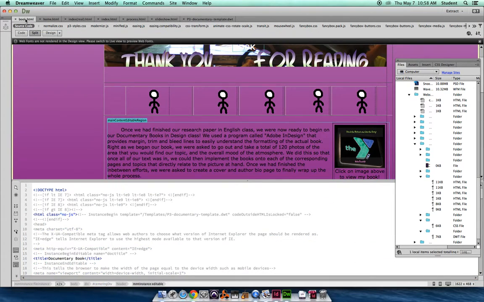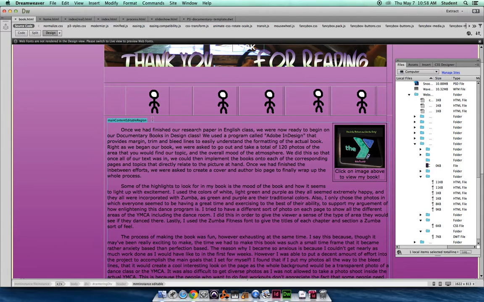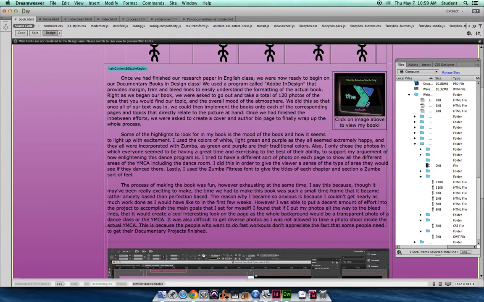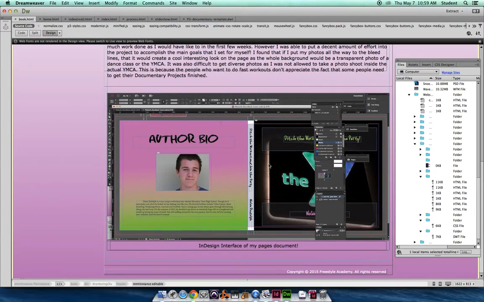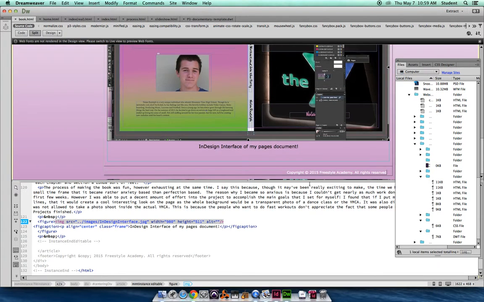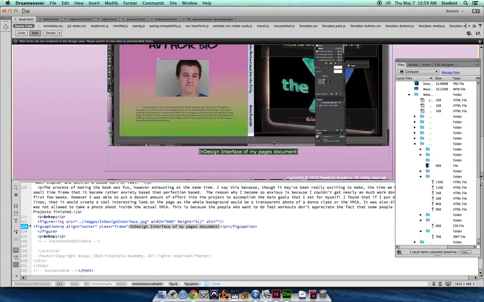So anyways, once we really figured out all of our template page, we began to put in the content that we needed. So I described what it was that I did in the class, and I explained a few more things, and this is my book page. And I added a little photo down here, and if we go to split view, you can see that it's a figure with a figure caption to kind of explain what it is you'll be looking at if you click